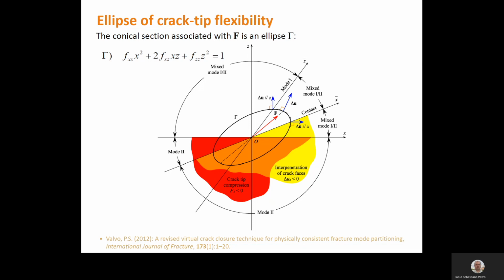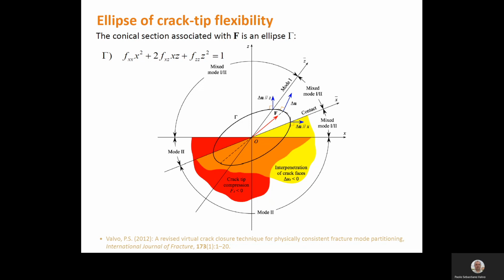To make a long story short, the expressions given in previous papers for G1 and G2 strictly hold only in the white area above the x and x bar axis. When we are in the red, in the orange, and in the yellow regions, G1 and G2 have to be